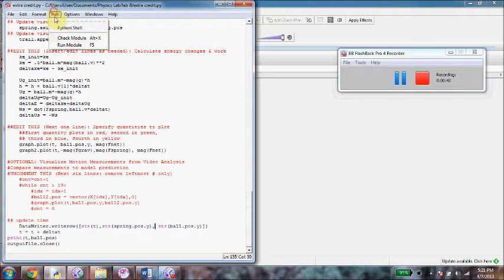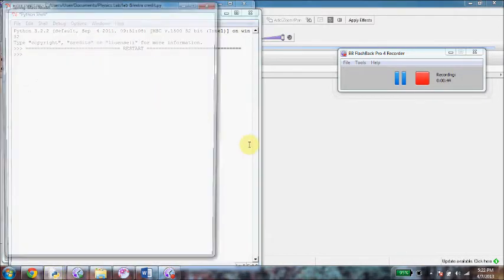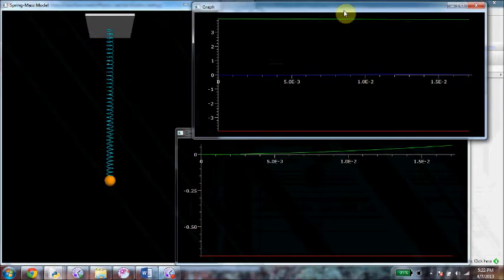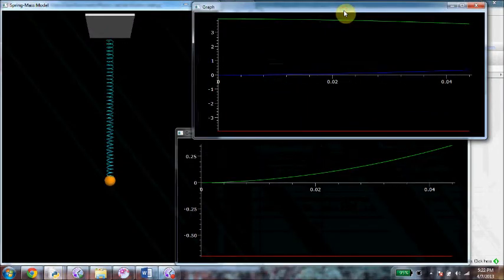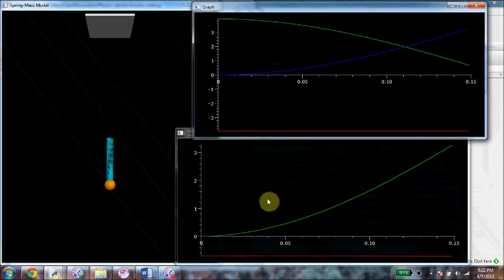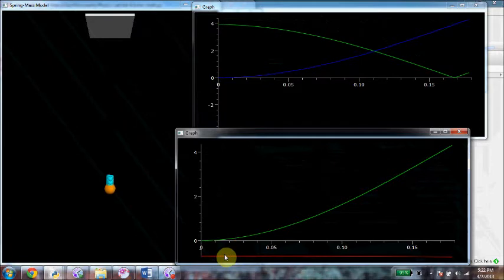If I run it here, you'll see that the spring will start to move, but the ball will remain stationary. This first graph here is showing the position of the ball and the force that is acting on the ball. This force is the force of gravity plus the force of the spring. And as you can see, even though there's a force acting on the ball, there is no motion in the